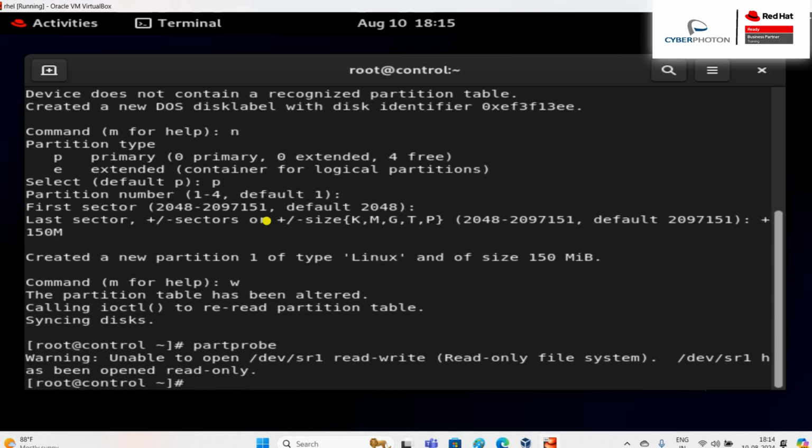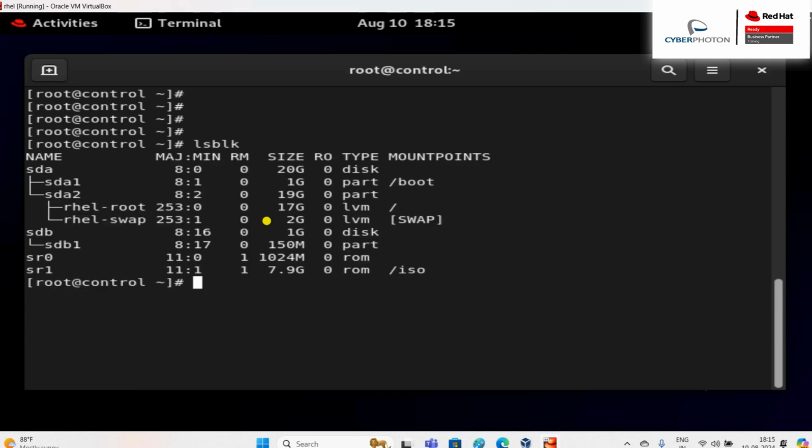partprobe. That's it. Then if I do lsblk once again, see, you can see the partition got created. This is the procedure. You can add the disk and you can do the partition under the